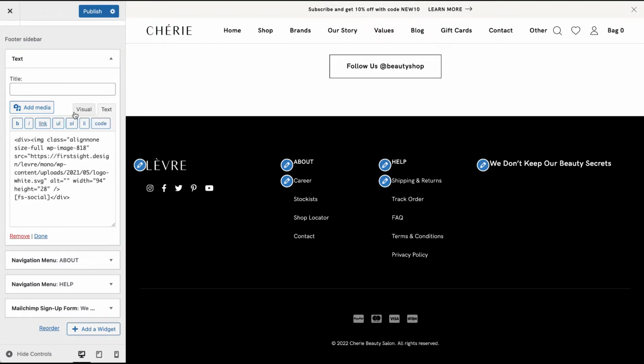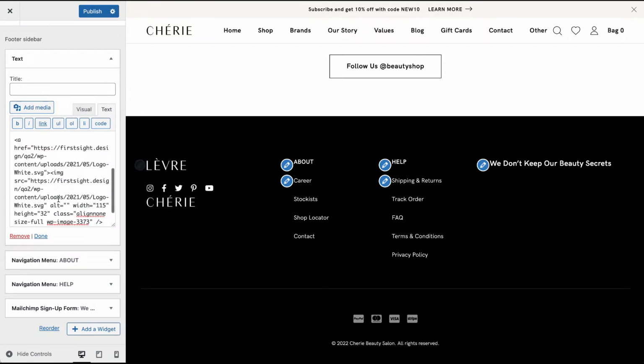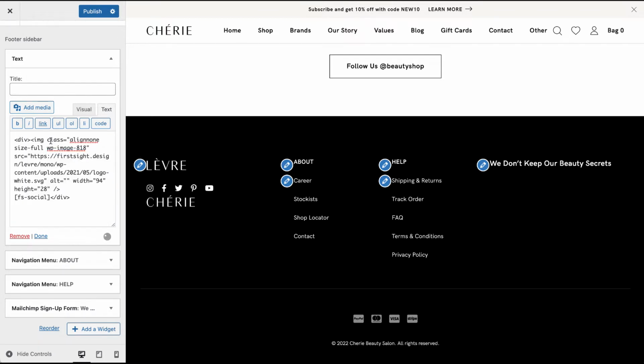there are a couple of options. I'll show you one of the options. So go to the Text tab right here. You can see that here is a link of the image that is being used as a logo. So simply you can go here, click on Add Media, and choose the logo you want to use. Its code will be pasted right here, and you have to copy the first link. So from the https till .svg, just copy it, remove the code, and change the link right here. So you have to delete this one and paste the one you've copied, and the logo will be pasted